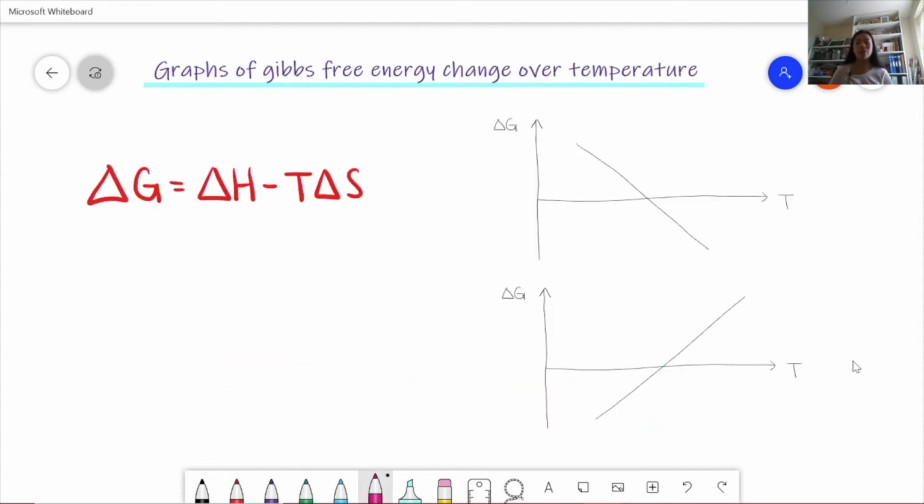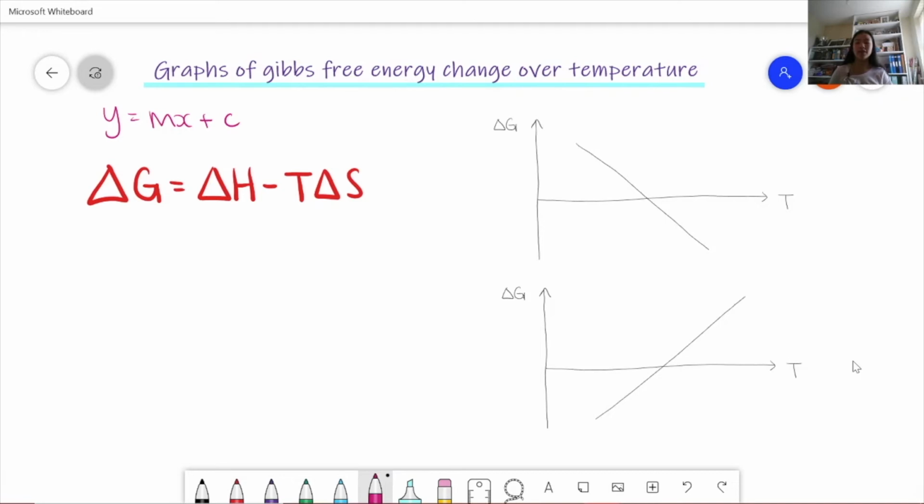Now we're going to look at some graphs of Gibbs free energy change over temperature. On the left we have the equation delta G equals delta H minus T delta S. We know we can plot straight line graphs by using the equation y equals mx plus c, the general equation for a straight line. If we fit our delta G equation into a y equals mx plus c format, then we can